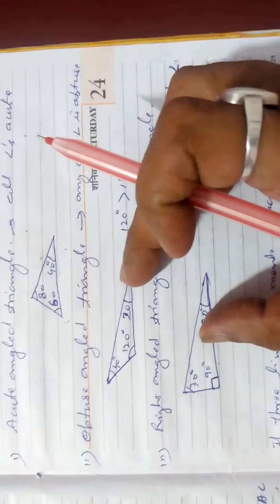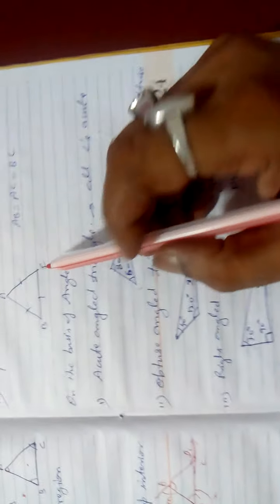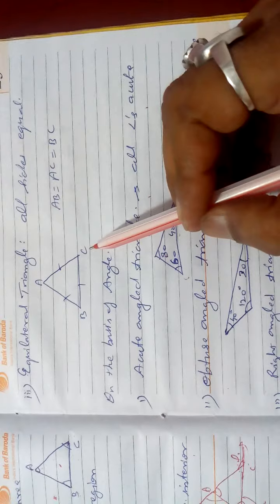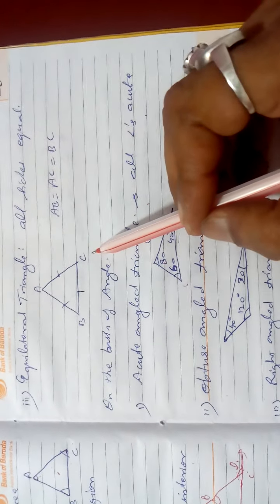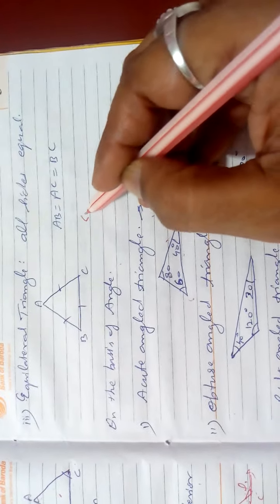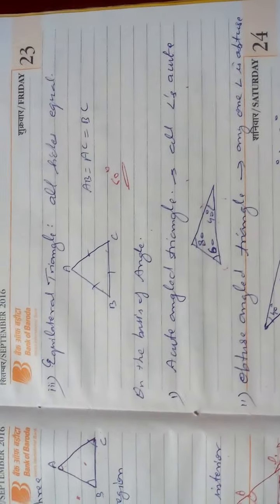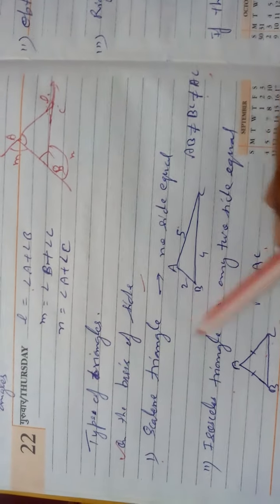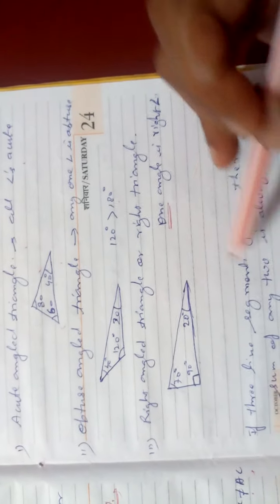So triangles are also named isosceles, scalene and equilateral. An equilateral triangle is never right and never obtuse, because each of its angles is equal to 60 degrees. All three angles are equal, and it is acute only. But scalene and isosceles triangles can be right as well as obtuse. So two names you can give.